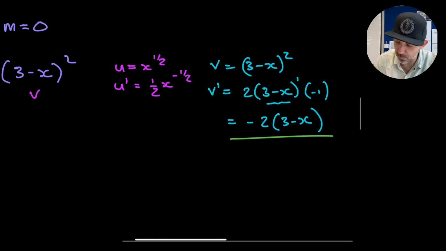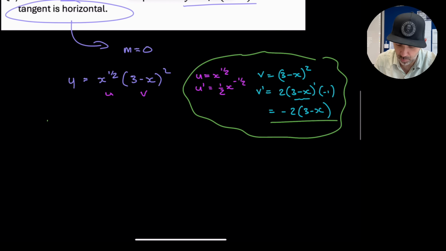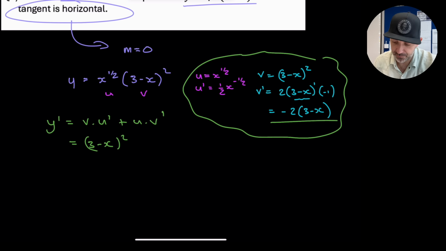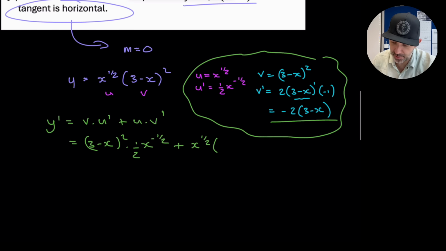Okay, so let's go ahead and plug all of these values into the product rule formula. So y prime is equal to v times the derivative of u plus u times the derivative of v. So looking to the right and just literally substituting them in as I see them. So v is (3 minus x) squared. Derivative of u will be half x to the minus half. Now, I'll just put minus half now, then in the next line down, I'll tidy it up. Plus u, which is x to the half, times dv, which is minus 2,